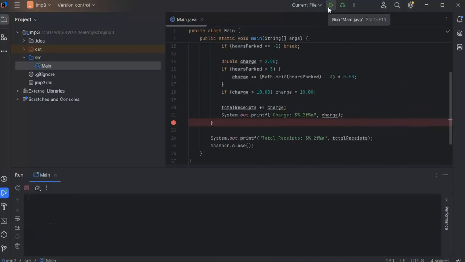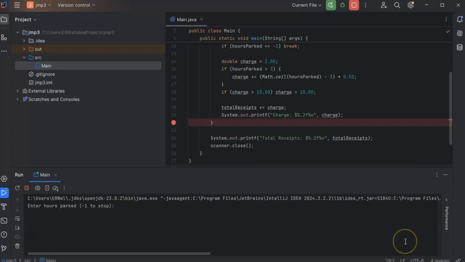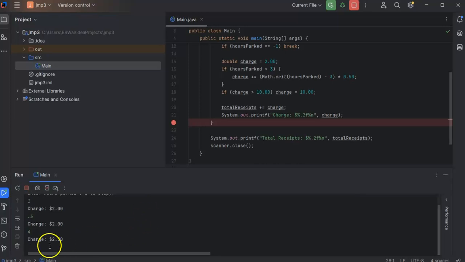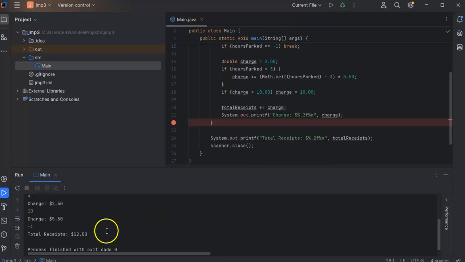So we'll run it here. Let's say they were parked for 1 hour, and so they're charged $2. And let's say another, and they're still charged $2. And then let's go up to 4 hours, $2.50. And then let's say they're here for 10 hours, $5.50. So now if we enter -1, it adds up all of it together, and it shows the